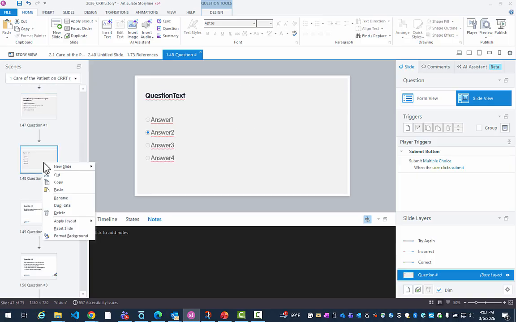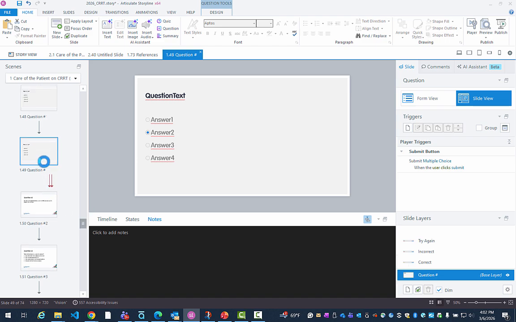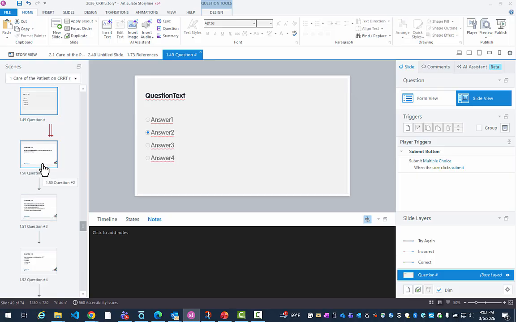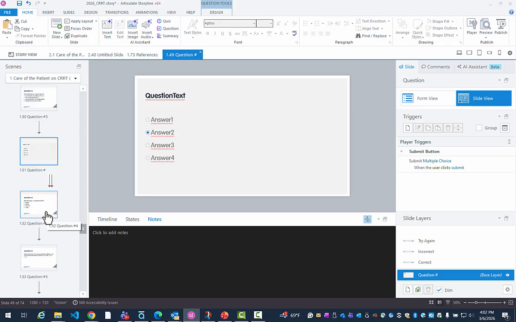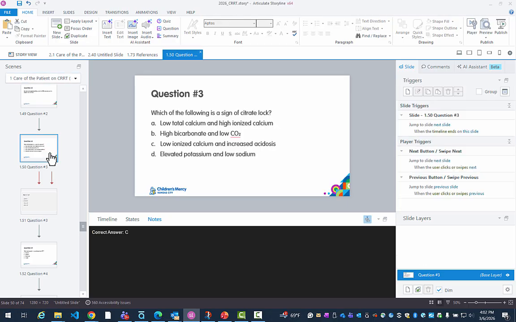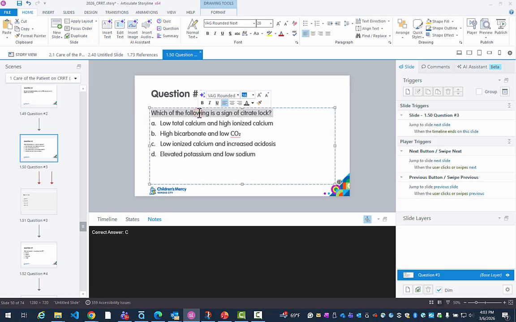So let me do that again. I'm going to copy this, duplicate this template question I have here. And I'm going to skip down. This one's a true false, so that one's really simple, but I'm going to build question number 3. So I'll change this to question 3. So again, I'll double click on each row of the question, triple click, sorry,